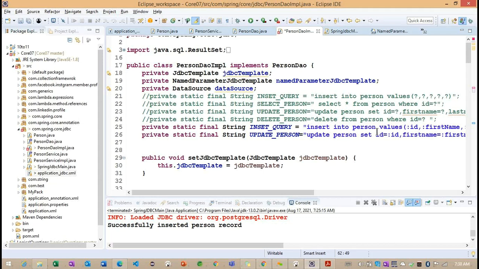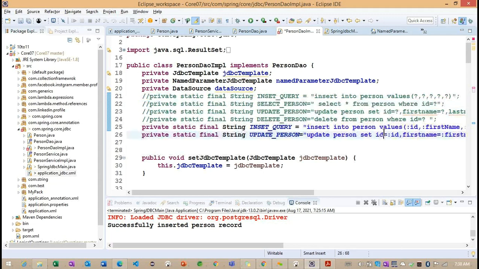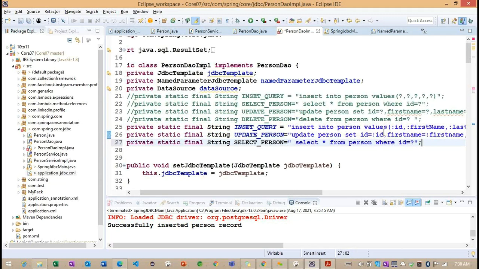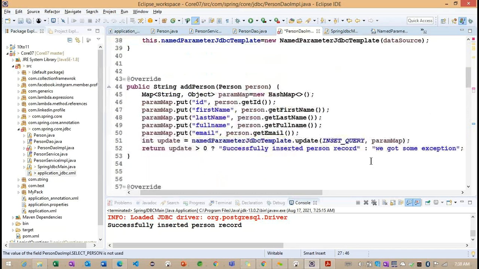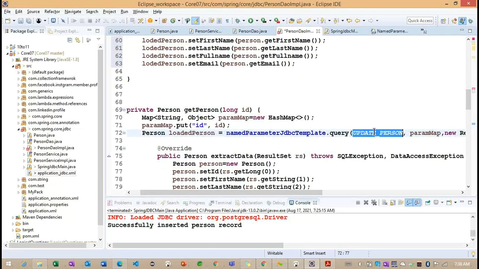Okay, sorry. Select star from person where ID. So basically we need to use this here. Select a person, right?